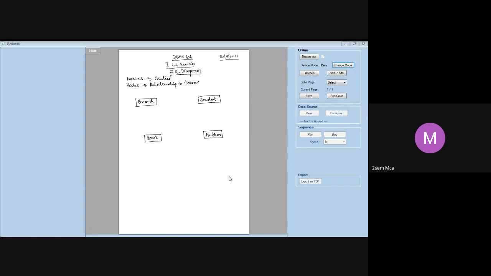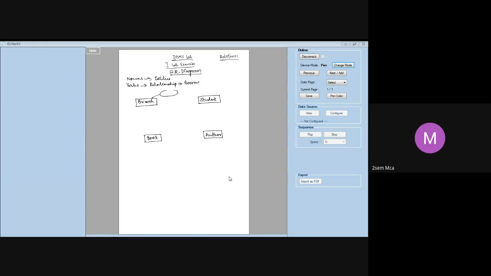Now, what are the attributes of this branch entity? They have already given them, correct? If you look into your exercise, branch ID, branch name, and HOD. These are the attributes. Attributes means what? Properties that describe that particular entity. Now, how do I specify them?